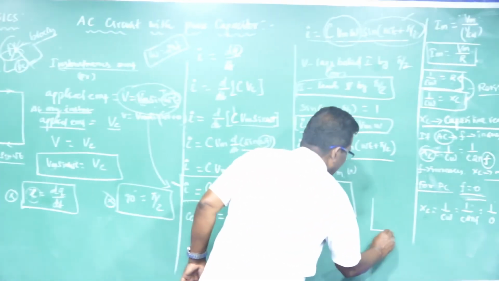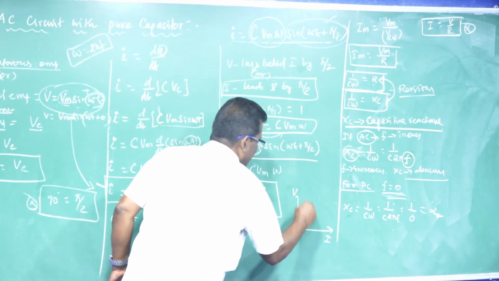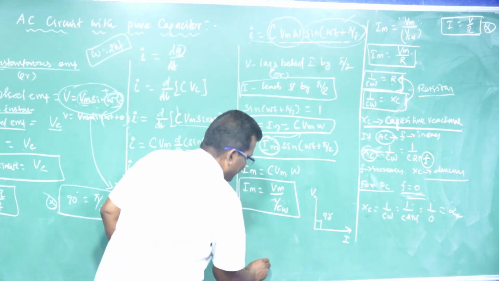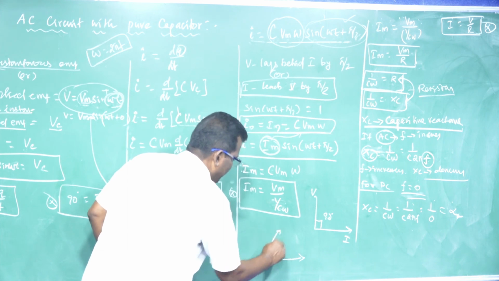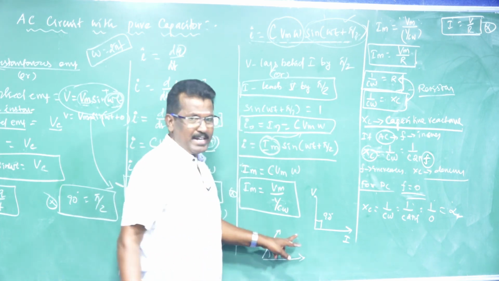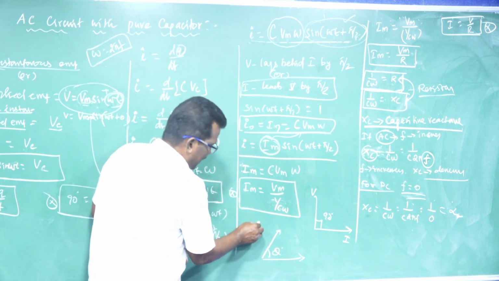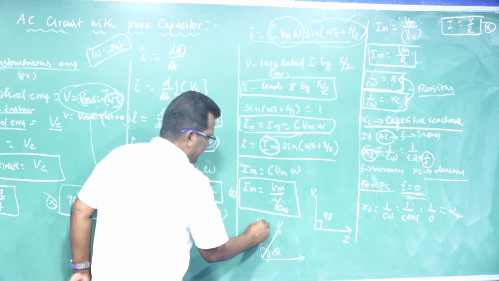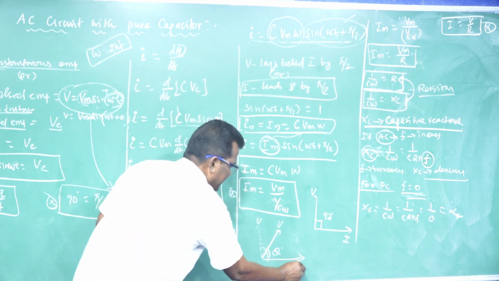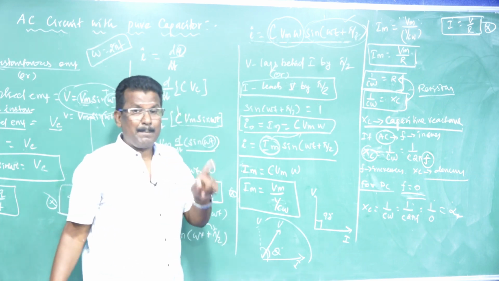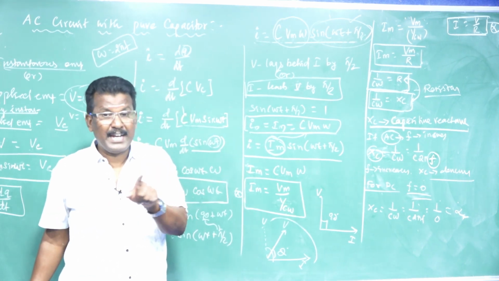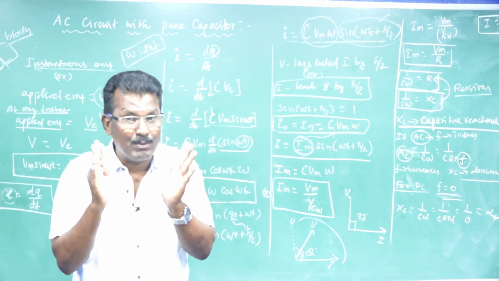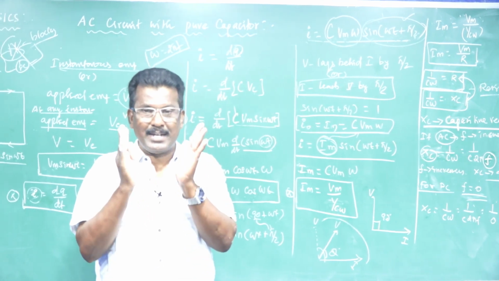See the phase difference. This is the current, this is the V. In the case of a pure capacitor, it's 90 degrees. If it is not a pure capacitor, there may be a certain value, theta not equal to 90 degrees. Suppose it is a pure capacitor, it's 90 degrees. Pure capacitor, 90 degrees phase difference between current and voltage. If the capacitor is not pure, definitely the phase difference between current and voltage is not equal to 90 degrees. Anyhow, there would be a phase difference between current and voltage, but not equal to 90 degrees.